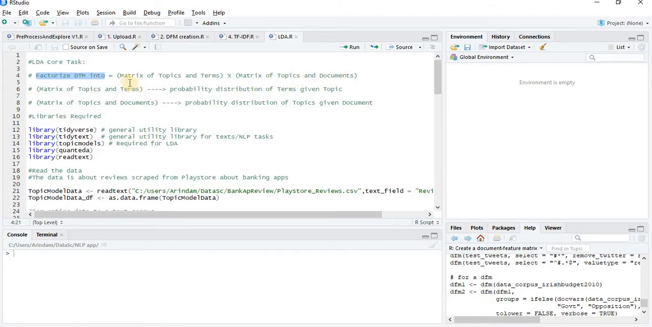So the core task is to do this matrix factorization, and if we are able to do it, then we can extract these two individual matrices and draw additional insights from them. So that's the core task. Now, in order to achieve that,